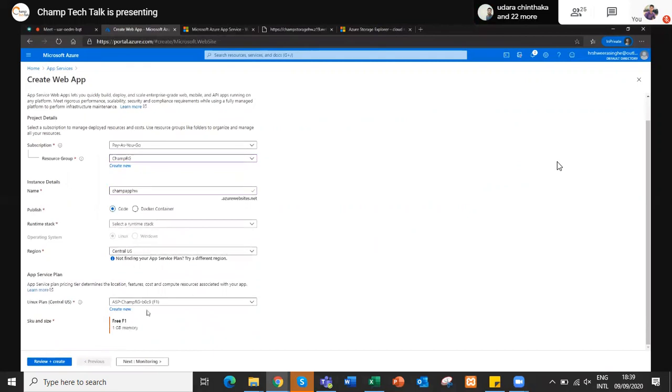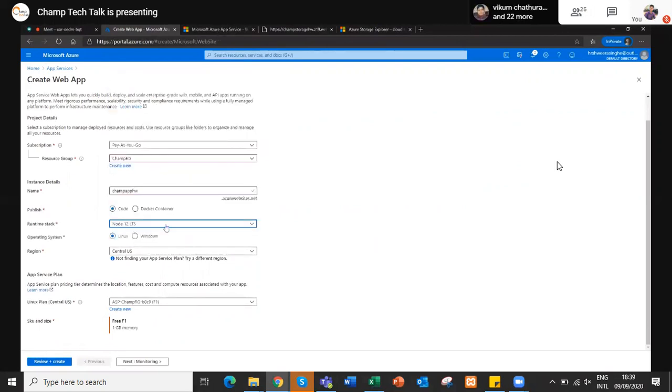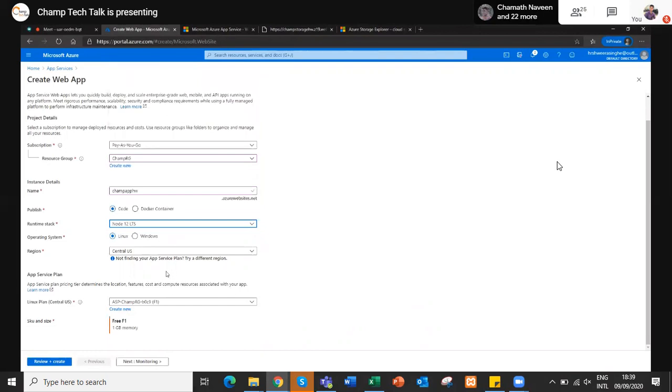And the stack as same, Node.js. And another good thing is you have all the versions. Say your application supports, the way your code is written, only Node.js 10.6. You can simply select that. No need to go for the latest version.